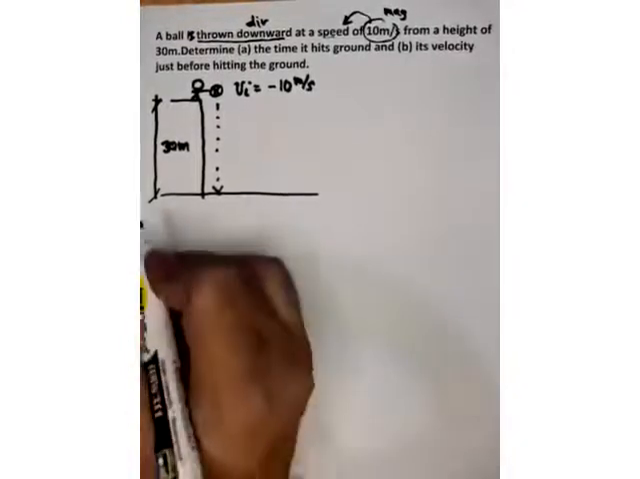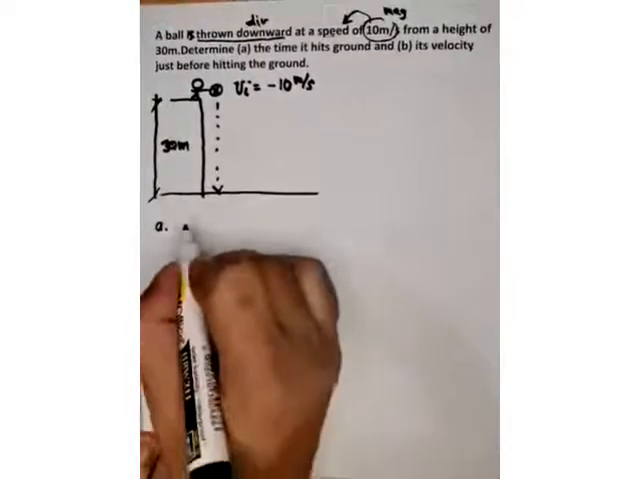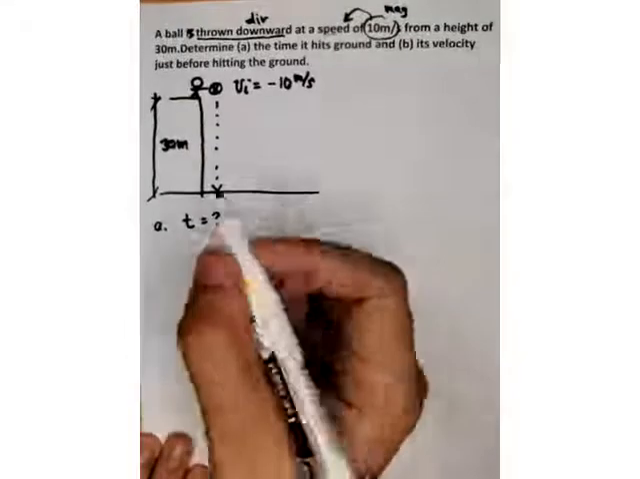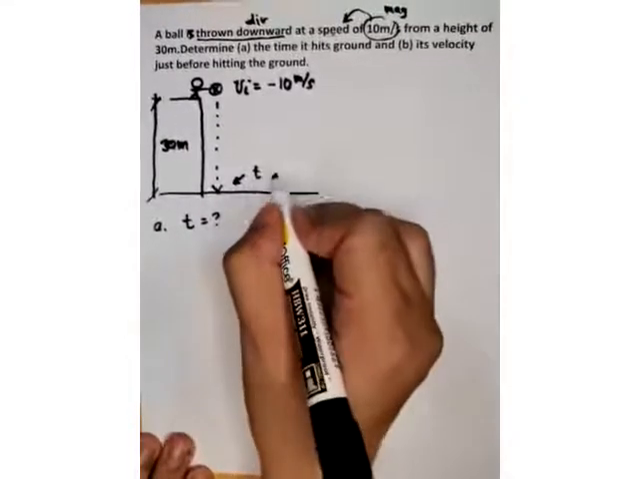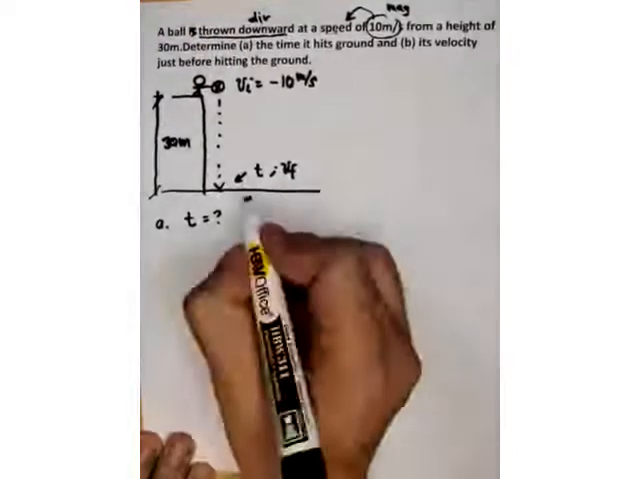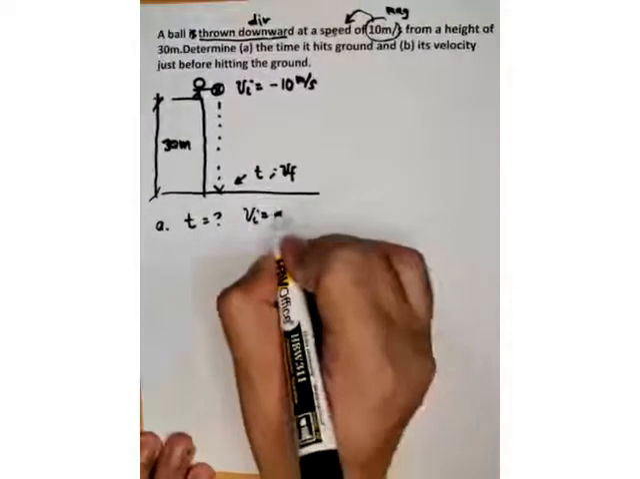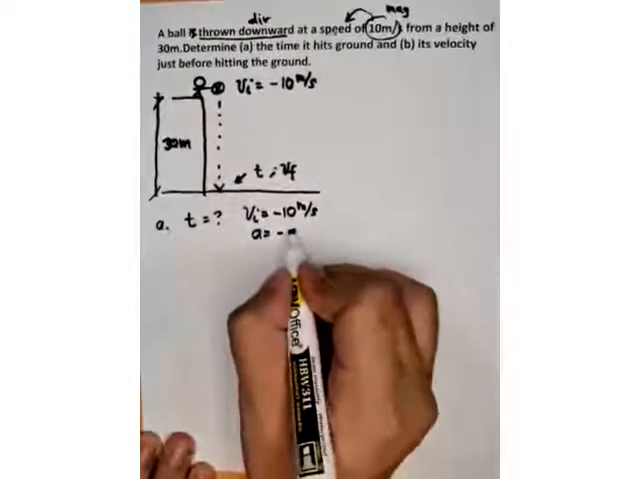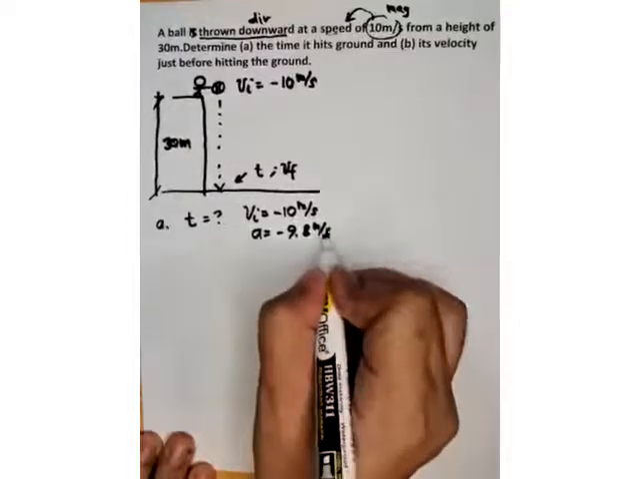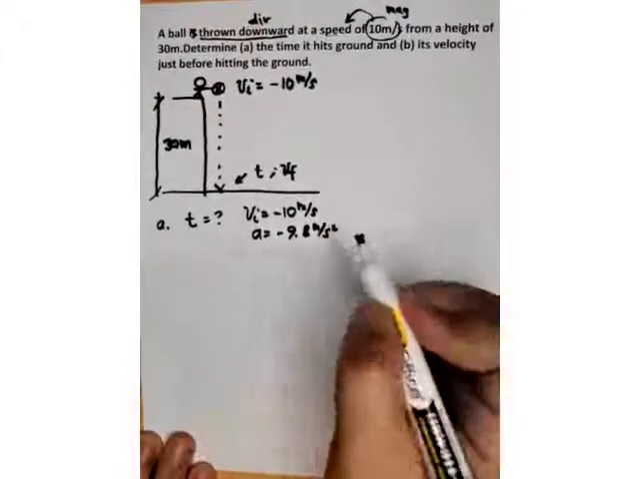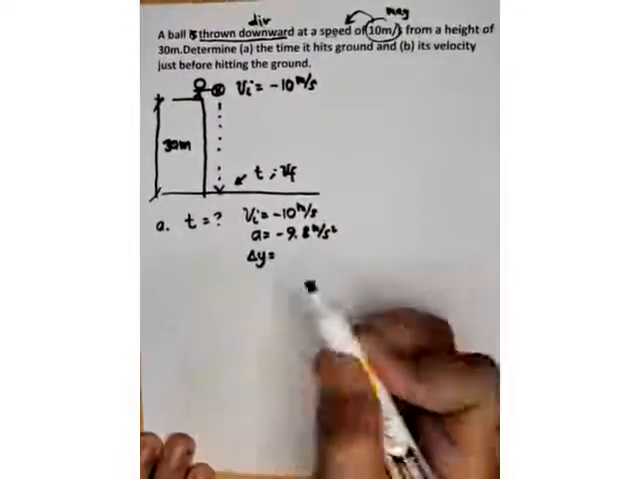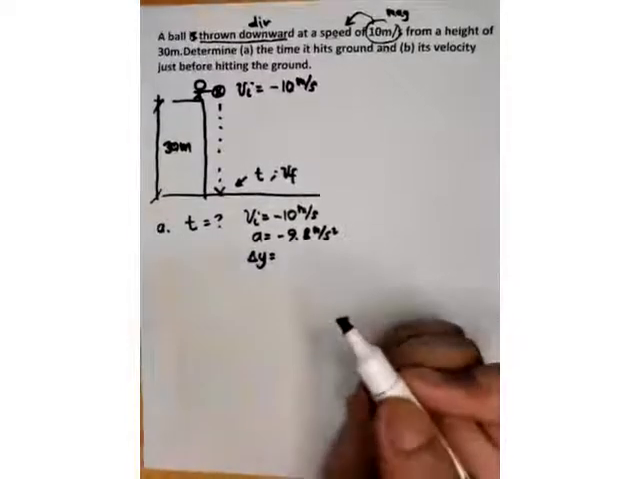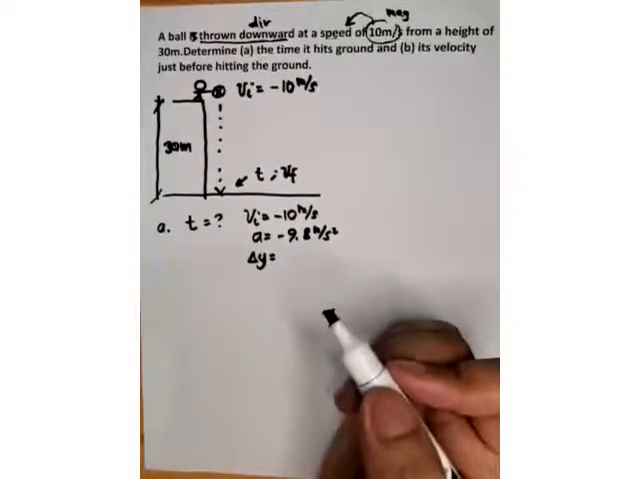Okay. So, letter A, what is the time for it? Ayan, yung time papunta dito at saka yung final velocity. Ayan. So, time muna. So, given natin ang initial velocity is negative 10 meters per second, acceleration is still negative 9.8 meters per second squared. And how about the displacement? Displacement is given and that is